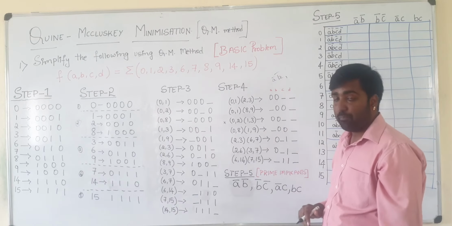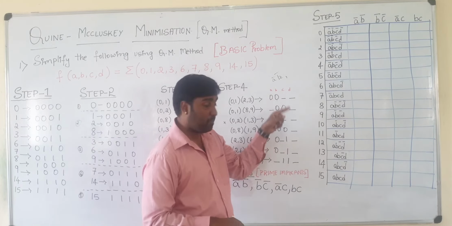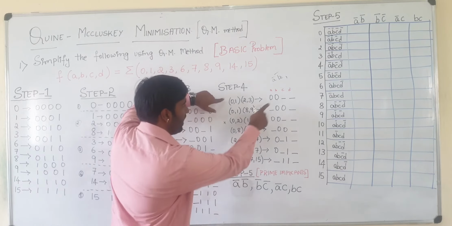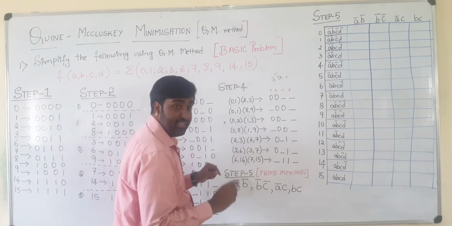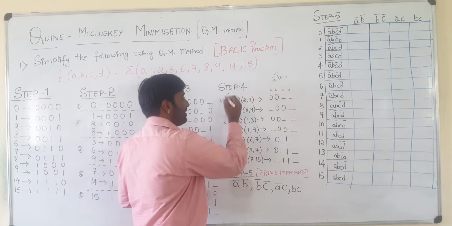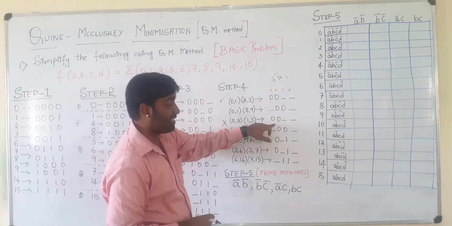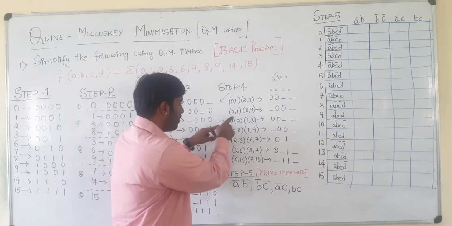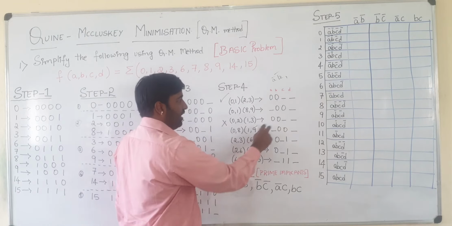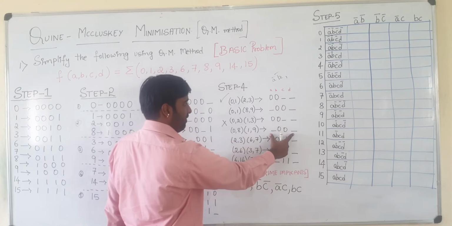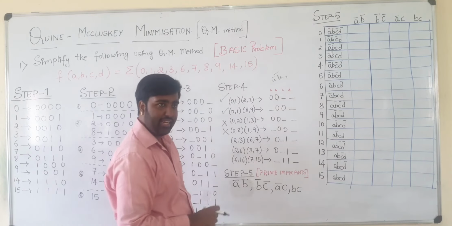Next is, see, before you writing, check whether the same 0, 0, dash dash is present anywhere in next. Here I have 0, 0, dash dash, and again here I am having 0, 0, dash dash. But the thing you must do is always consider the first set, and you will be neglecting the second term where it is being, the second set where it is being repeated. So you cancel the second step, you will be considering only this 0, 1, 8, 9. Anywhere dash dash is present at the last. Here I have. So here 0, 8, 1, 9 is cancelled. Only I will be considering 0, 1, 8, 9.